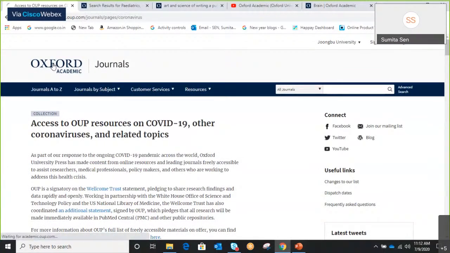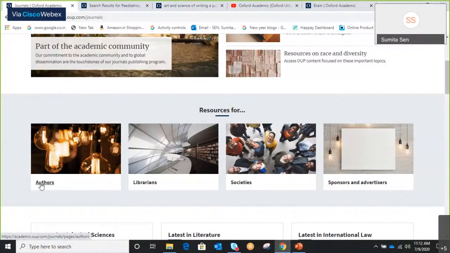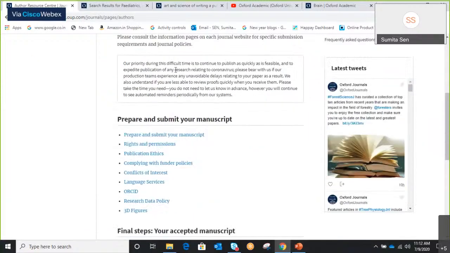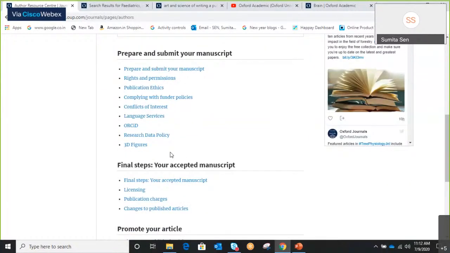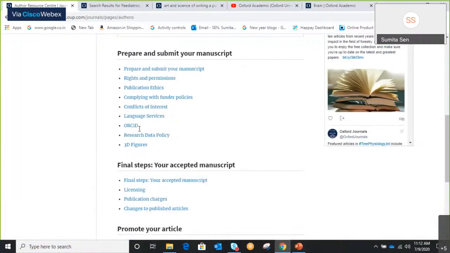To go back to the home page, just click on the logo here. There is a tab for frequently asked questions. If you have any doubts, if you think you don't have an answer to something and you would want a quick response, take a look at this. There is a tab for authors here. So everything that we would be discussing today is given here. And they're all hyperlinked. So if you forget what I've said today, you do have the luxury of going back to the platform and looking for what we have.